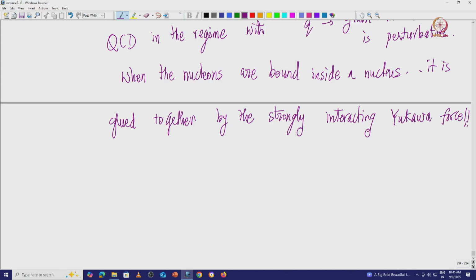Now the Yukawa force is a static force, and we write V of r essentially like minus e to the minus mu r by r,